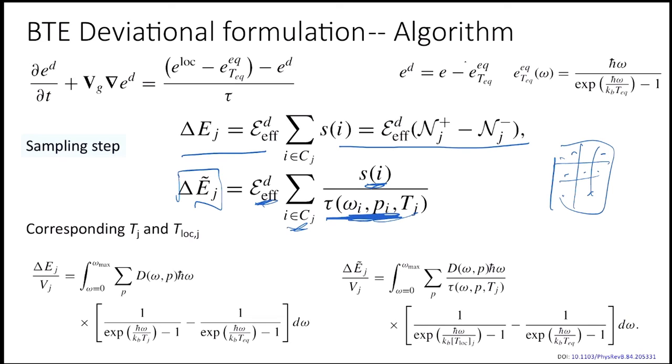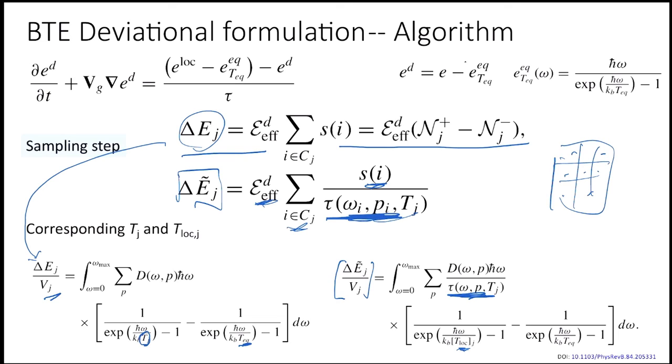Of course, then we could compare the energy. If we compare directly this energy delta Ej in a volume Vj, we could find out this temperature because we already know the T equilibrium. So we have only subtracted this part. For pseudo energy, delta E bar j, we have to divide it by this tau term, and we could get our local temperature also.